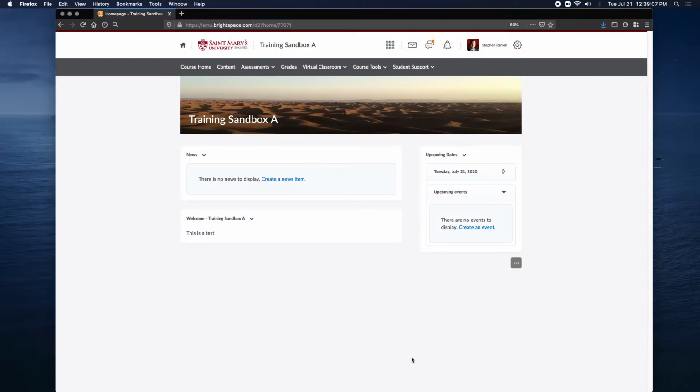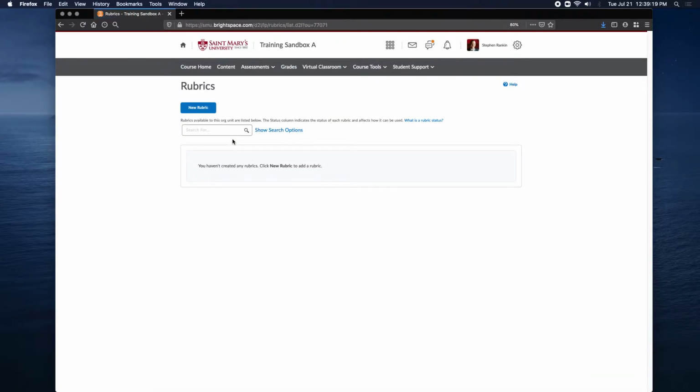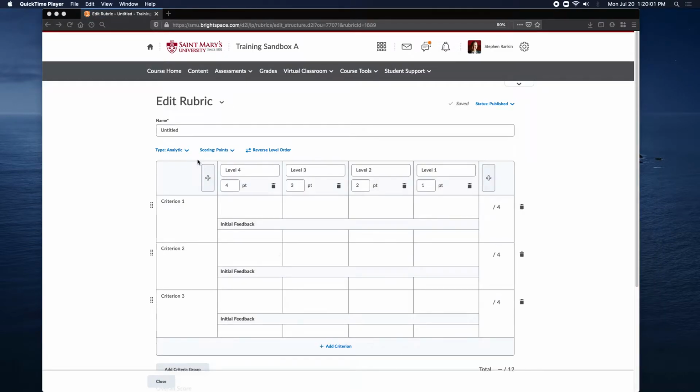To create a rubric in Brightspace, first, go to the course where the rubric is to be created. Go to the Assessments button on the navigation bar, and then select Rubrics. Once the Rubrics page is loaded, start by clicking New Rubric. The first thing to do is to give the rubric a name